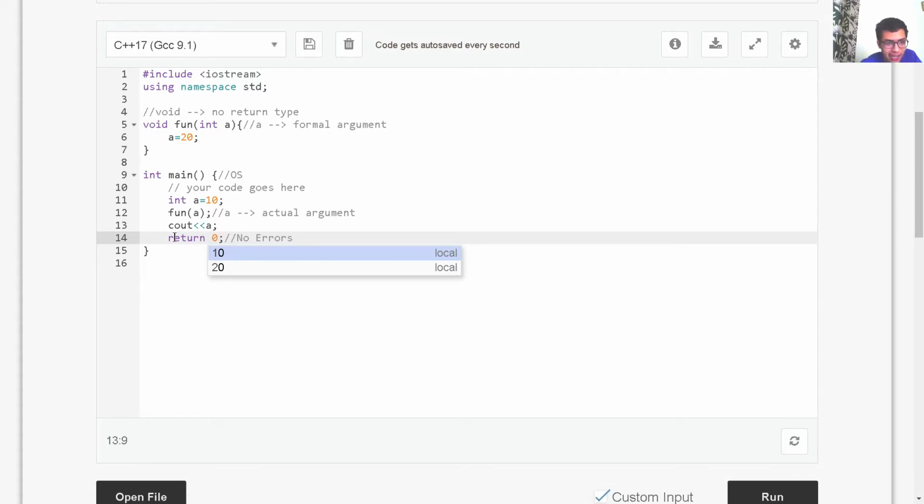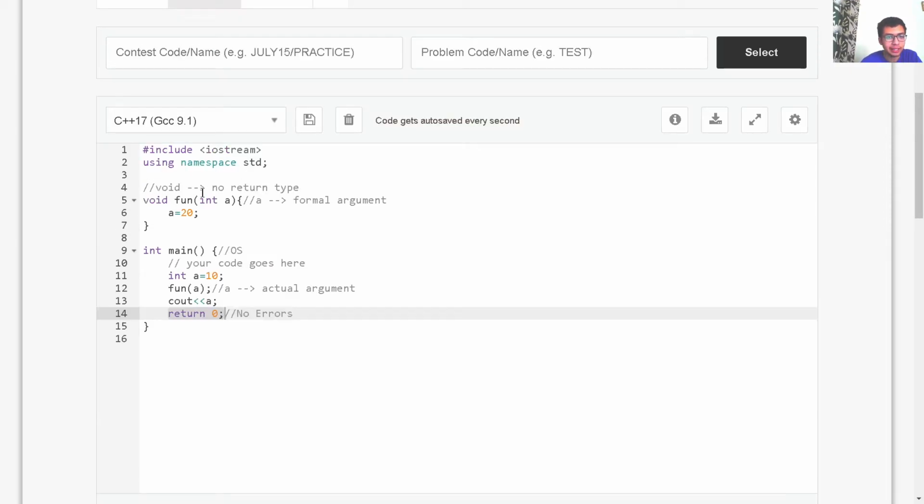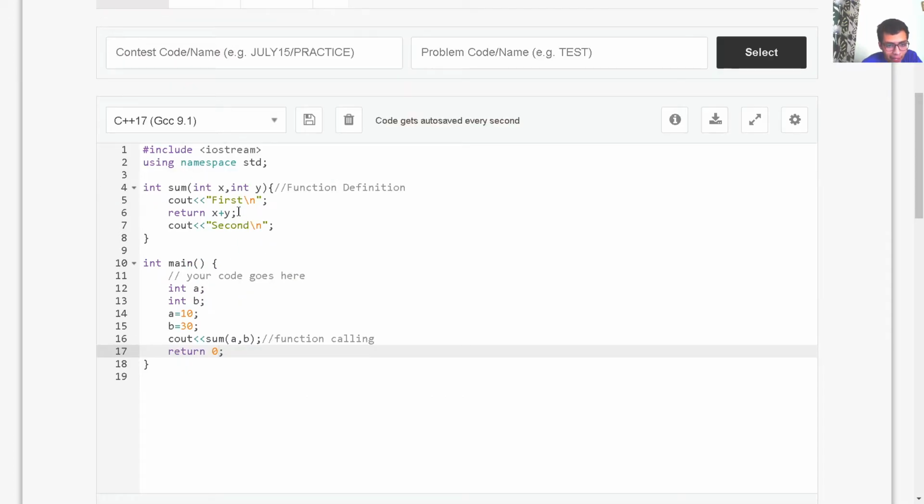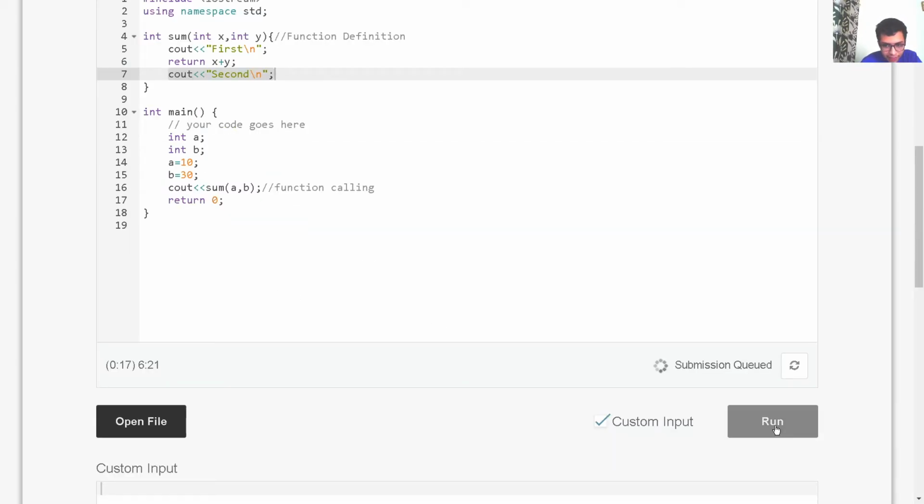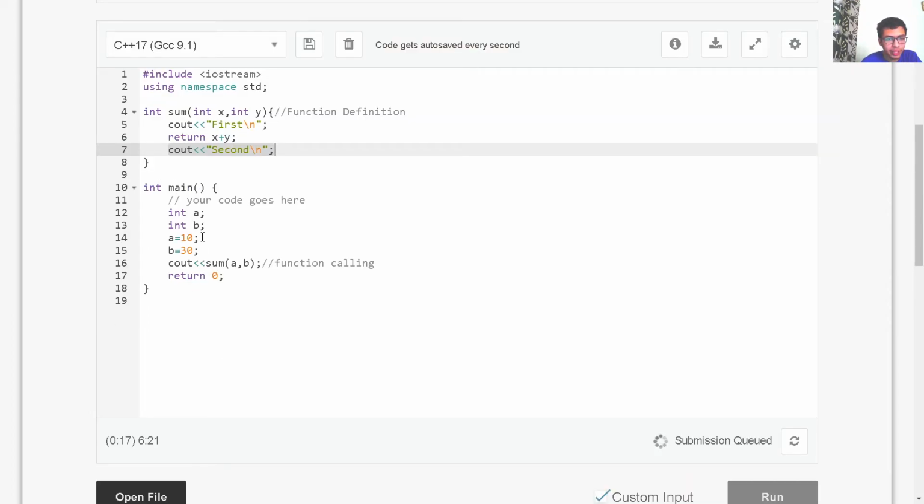So now let's understand, why do we write this return statement at the end of this main function? Why don't we write it at the beginning or somewhere in the middle, right? Coming back to the previous example, I have modified the sum function a little bit. I have added this cout first before this return statement, and this cout second after this return statement, right? So now if I run this program, then what will happen is, firstly, the main is called